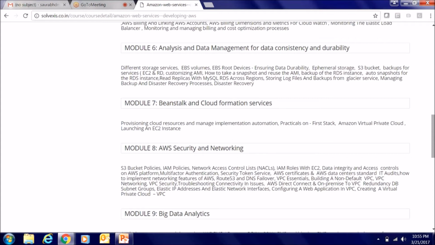AWS security and networking: we'll see what kind of security features are offered by AWS. The biggest concern when a customer goes on the cloud is security, because the major concern is: I'm putting something which is on my premises, which is secure. If my servers are in my office, it is secure. But if I'm putting it in the cloud, the general sense is that it's on the internet. So the major concern of customers is how secure the environment is. In this module, we'll see what kind of security options are offered by AWS and how we configure that security.